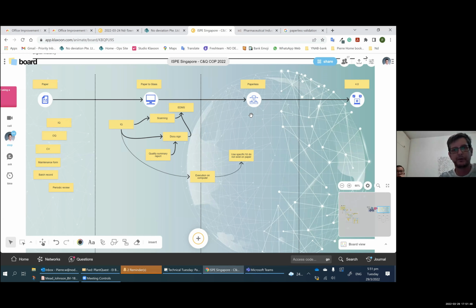Now, again, the paperless, you can do that on premise with your own server, or you can do that using a SaaS solution, right? So a SaaS solution is software as a service, right? Which is basically what we all use every day. The board we are using here, I don't own the board. I don't even have any software installed. The same when you use Zoom, those are SaaS solutions.